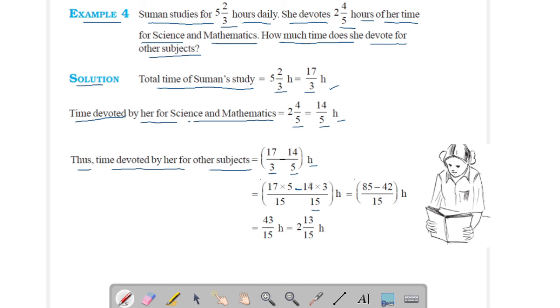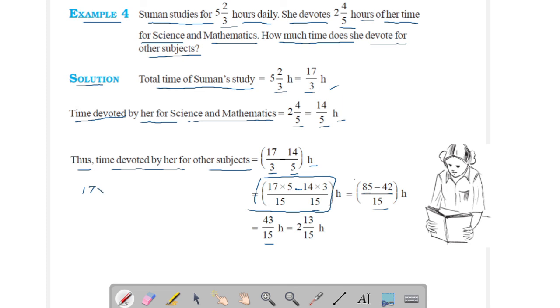Here 17 into 5 is 85 minus 14 into 3, 42 upon 15. 85 minus 42 is 43 upon 15 hours, equal to, converting it into a mixed fraction, you will get 2 13 upon 15 hours. Here this step is wrong. Write it correctly as this: